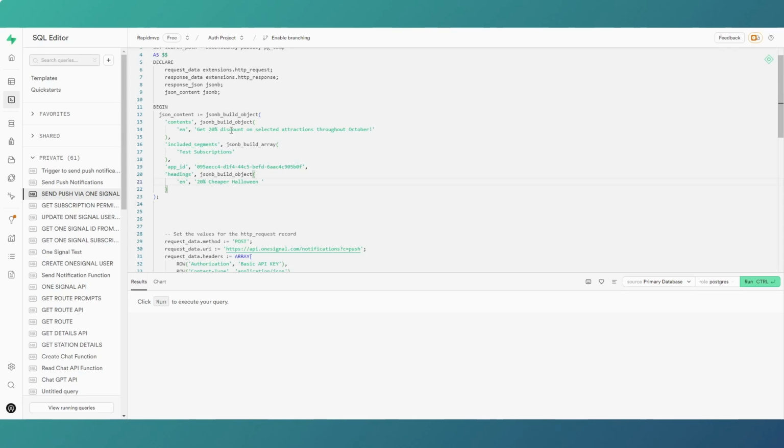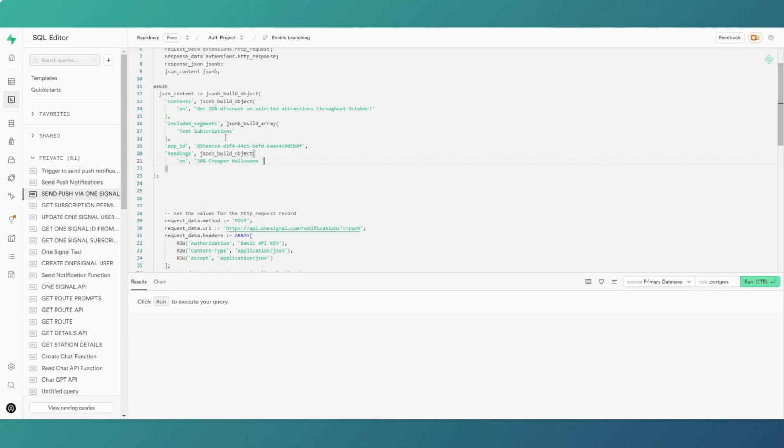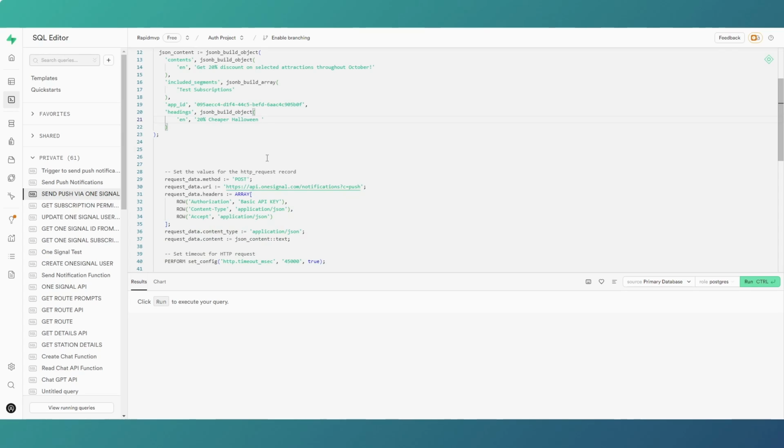And then our message is, get some discount on some attractions. We send it to test subscriptions. We have to send the app ID, obviously. And then our heading is 20% cheaper Halloween. That's just a test I've set up. And that's it really. And then what will happen is on the update of the table with a new row,